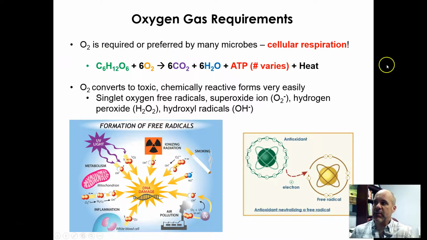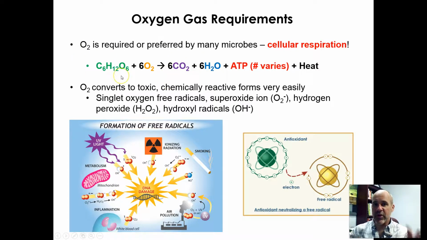But this is an overall summary reaction of cellular respiration. These are your inputs over here and your outputs over here. Again, we'll talk more about this when we get into Chapter 7. But this is glucose, C6H12O6. So you start cellular respiration with a glucose monosaccharide or sugar. You also need 6 oxygen gas molecules as inputs into cellular respiration for every glucose molecule you start off with. And then your outputs over here are 6 carbon dioxides.